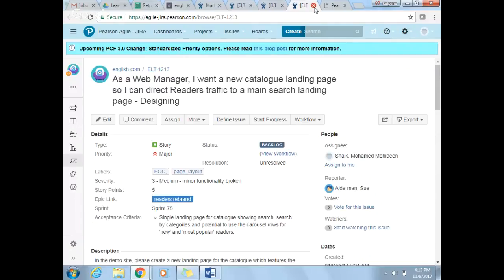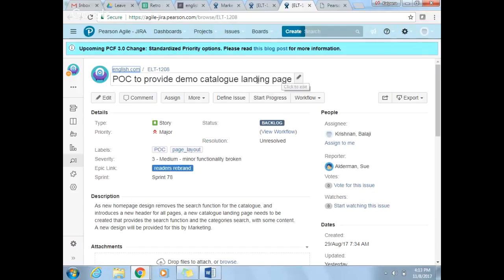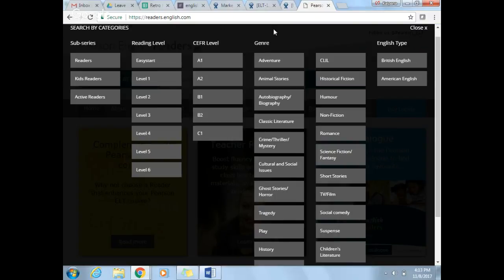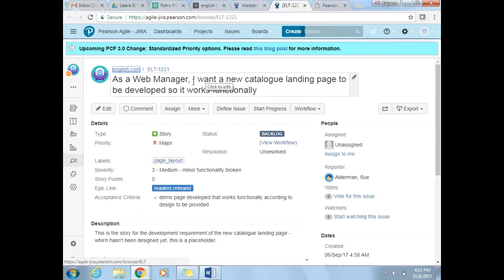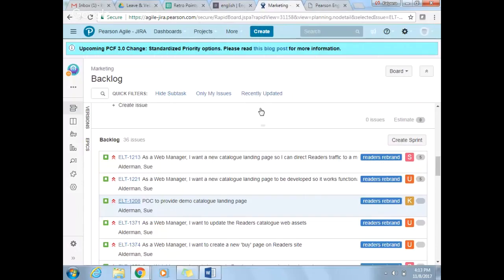Okay, we are sticking with 5 for this. And, okay, we are going to ignore this POC and straight away going to work on the actual story 1221. Would you like to re-estimate, Balaji? Sticking to 5 points. Just move these stories now.